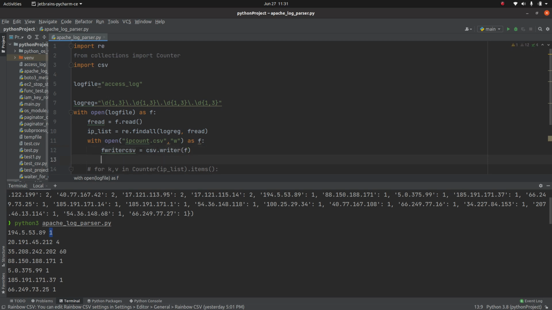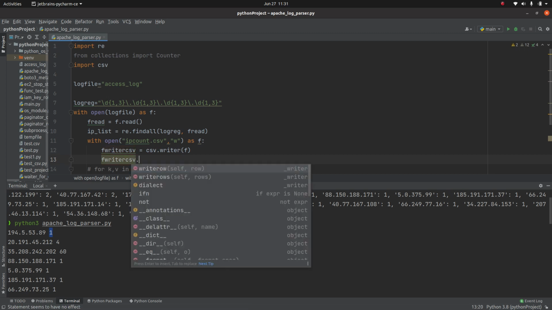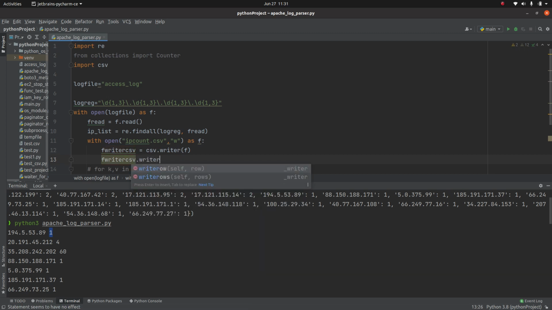Now, the first thing I need in that file is the header. For that I can use fwriter.writerow, or if you need to write multiple rows, you can use writerows.